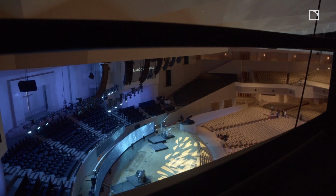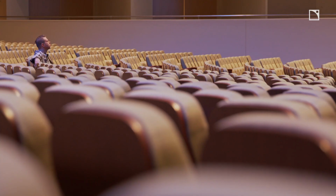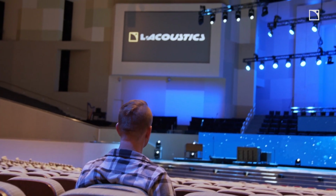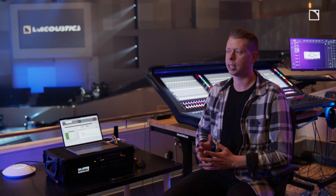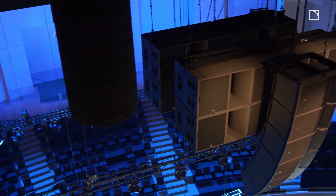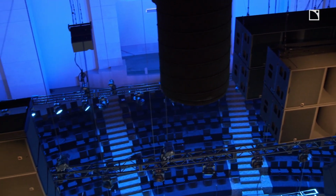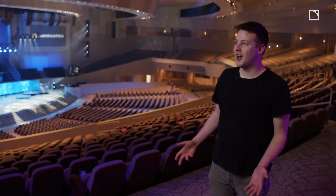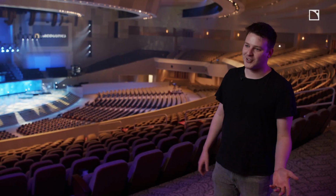Another local church had just deployed an L-ISA system, and I was able to experience that. I was blown away, just shocked. I almost thought it was too good to be true. I automatically fill in the gaps like, that's going to cost a lot of money. Once we started running numbers, this L-ISA implementation was actually nearly 25% less expensive than a left-right traditional line array-based loudspeaker system. I thought for sure it was going to be a K3 or a K2 system, just given the